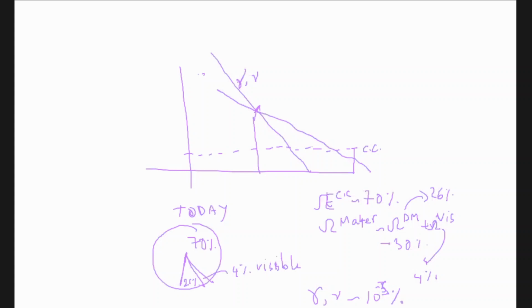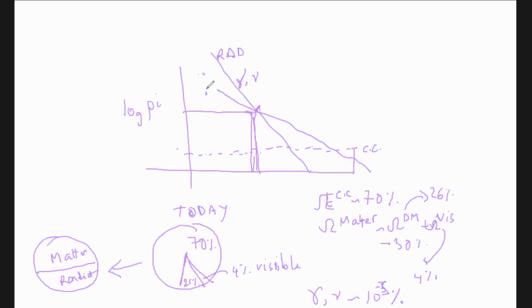But if you go back in early time, then you will see at some point it is matter and radiation half each. That is called matter radiation equality. At that time, the dark energy density is almost negligible, because this is in log scale, log rho. So it will be a much higher value for matter. This one is the radiation. This one is the matter.